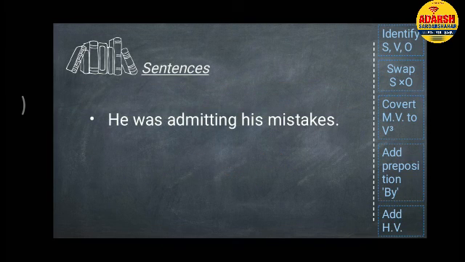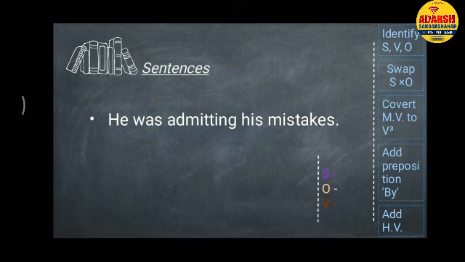The second sentence is he was admitting his mistakes. Here also this sentence is of past continuous tense. How do we know that this sentence is of past continuous? Because we know that the helping verb of past continuous is was plus verb's fourth form, and it is here in this sentence. You can see here was plus verb's fourth form. So was plus verb's fourth form is the helping verb of past continuous. Now let's go towards our first step. Before going on, let's identify subject, object and verb in order to do the first step.